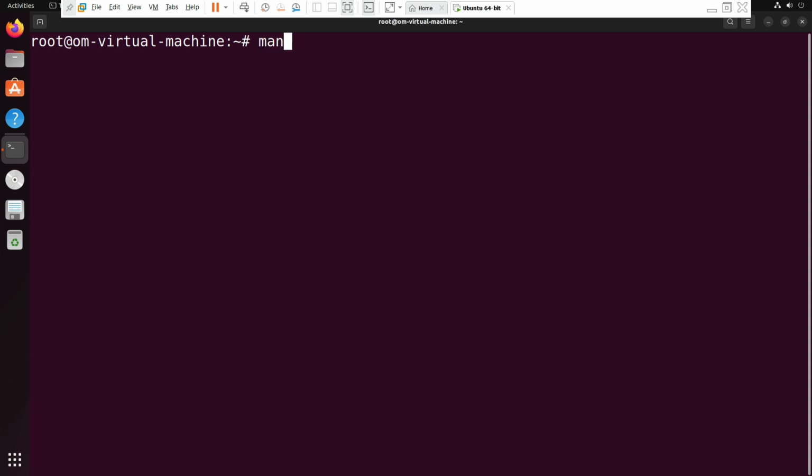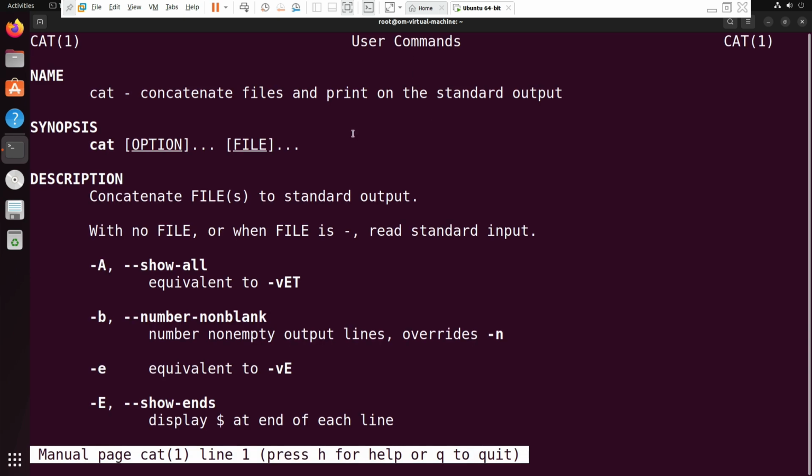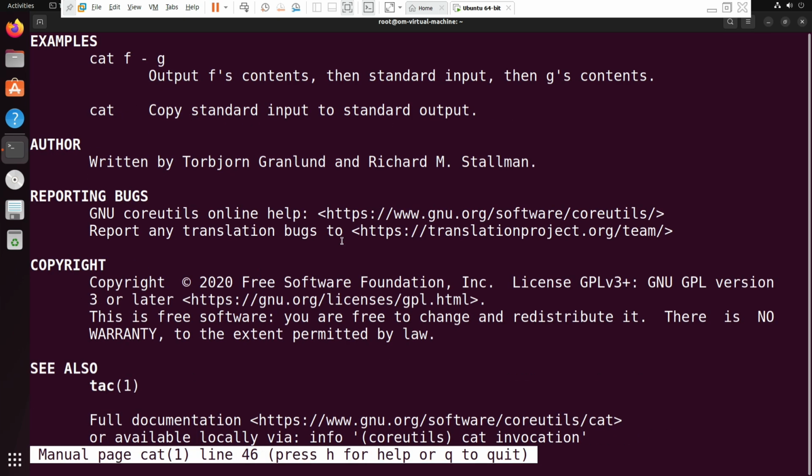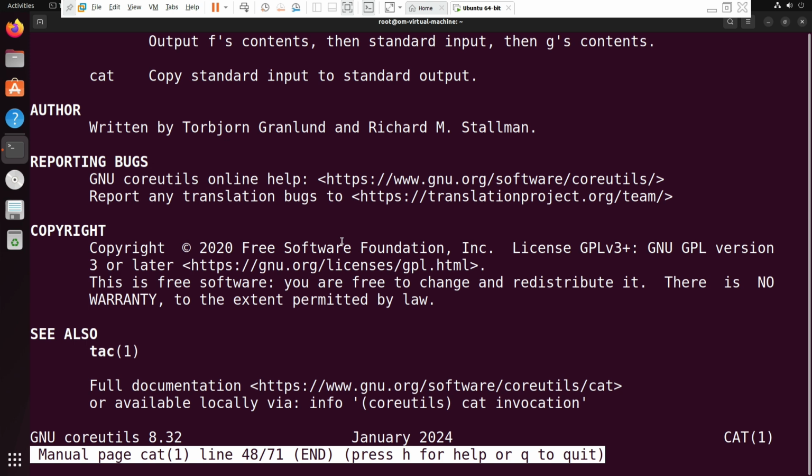Ever wondered what's happening behind the scenes on your Linux system? The ps command provides a snapshot of all the currently running processes. With ps, you can see which programs are running, how much CPU and memory they are using, and who owns them. This information can be invaluable for troubleshooting performance issues, identifying resource-intensive processes, and ensuring that your system is running